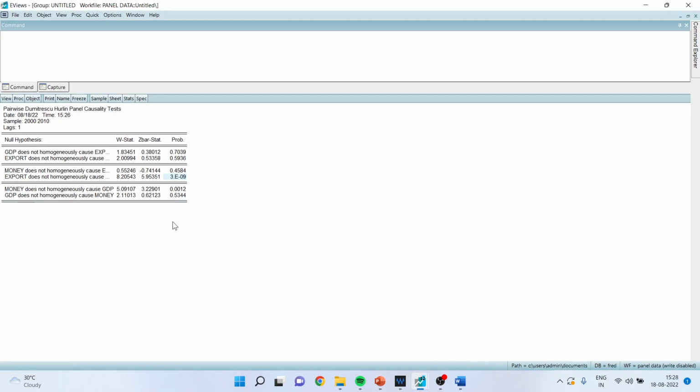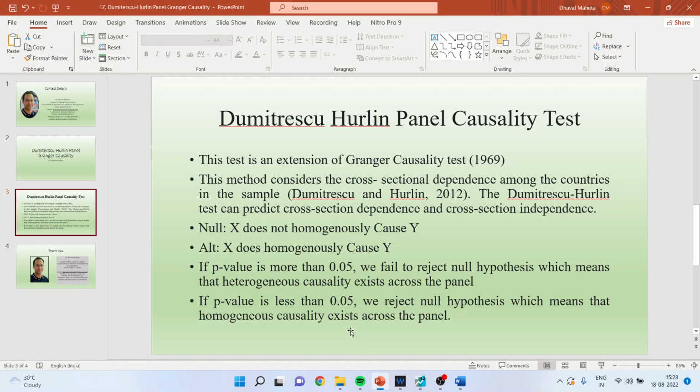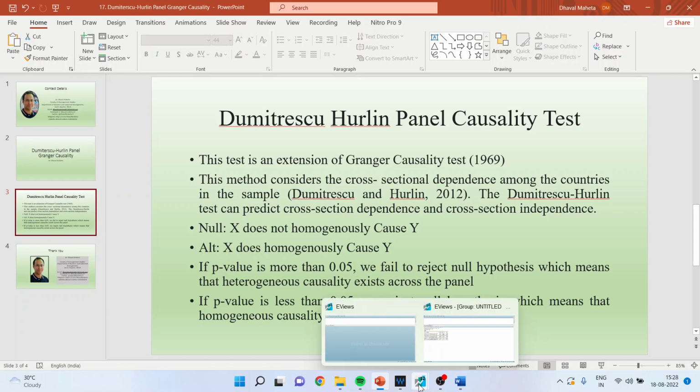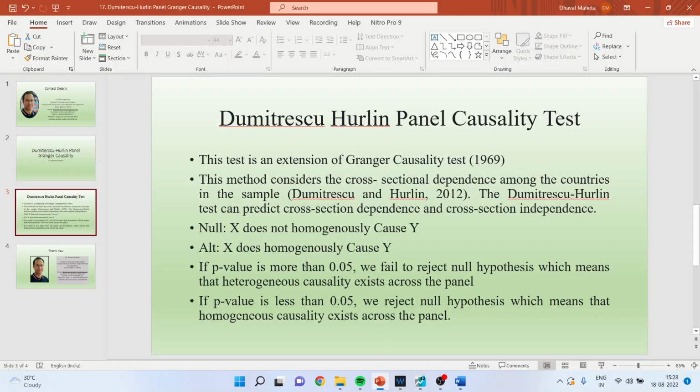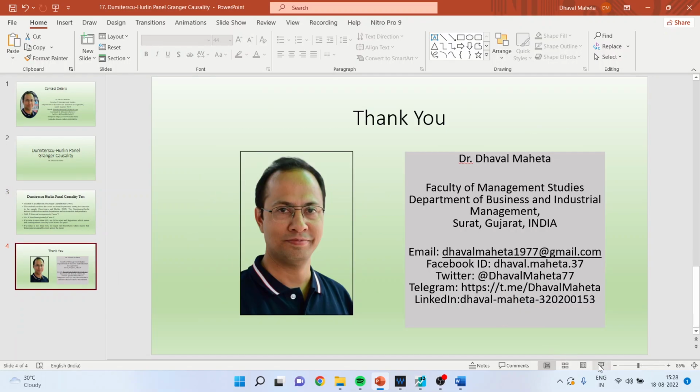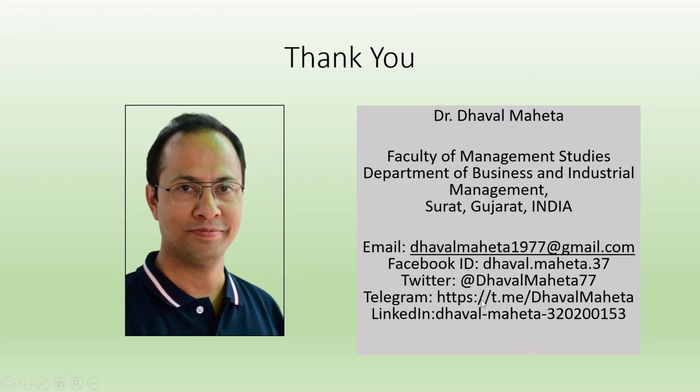Okay. Money does not homogeneously cause GDP. Its p-value is less than 0.05. Again, we reject null hypothesis, which means that the homogeneous causality exists across the panel. In case of GDP does not homogeneously cause money, its p-value is more than 0.05. We fail to reject null hypothesis, and whenever we fail to reject null hypothesis, we mean to say that the heterogeneous causality exists across the panel. So this is the way you will interpret the Dumitrescu-Hurlin panel